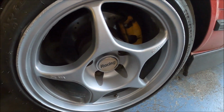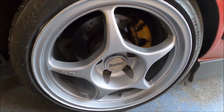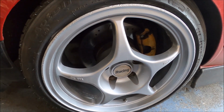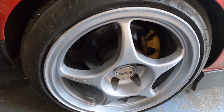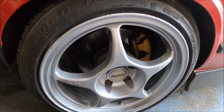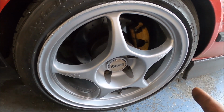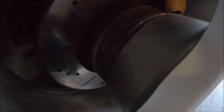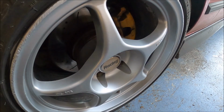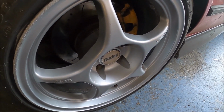The current wheels are 9 by 17 ET30, I think it's 36 or 34 on the front, can't remember, one of the two. So slightly higher offset, I think it's 36. 9 by 17 ET36 on the front with, like I said, 50 mils worth of spacer, no, 45 mils worth of spacer. So if my sums are right, that's like ET